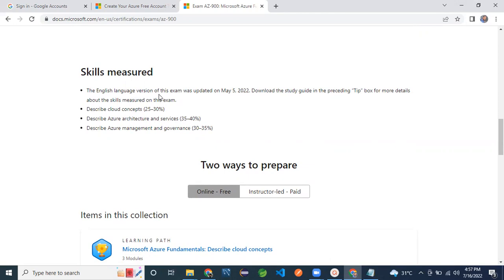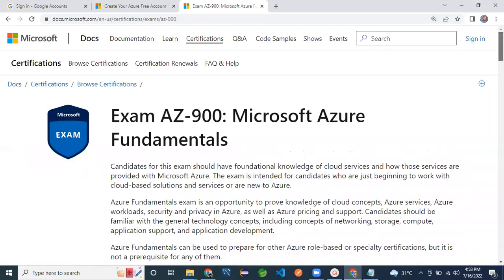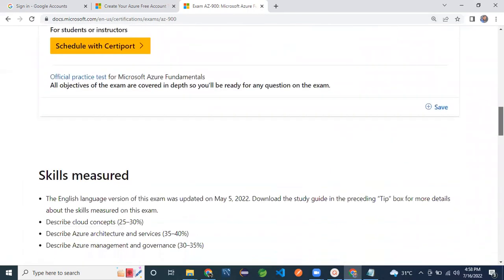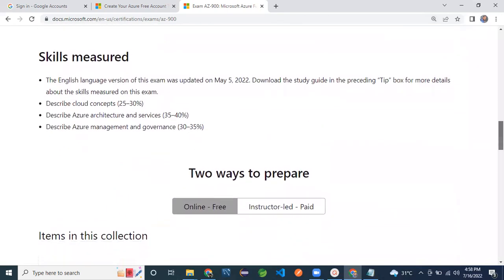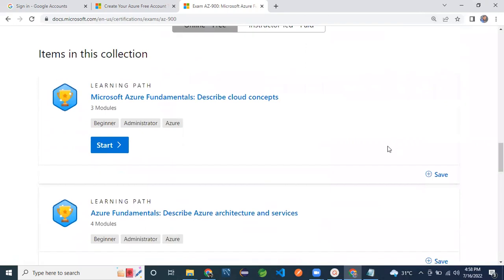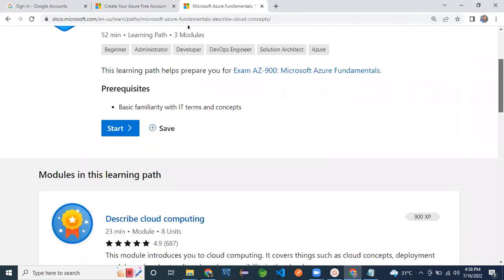The exam language version and exam was updated May 5th, and you can download the study guide. This is the syllabus for AZ-900 Microsoft Azure Fundamentals. Earlier the syllabus content was higher, but the syllabus will be explained more in the first module.